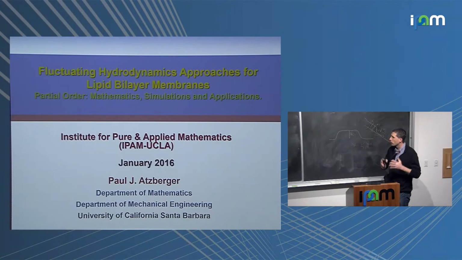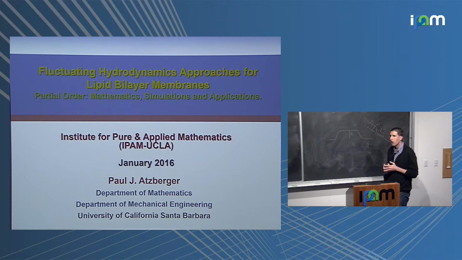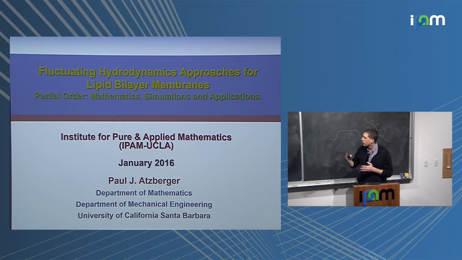I thought there were a lot of talks on liquid crystals, and so I thought I would talk about a related area, also a little bit different maybe than some of the other talks, in that the liquid crystals that I'm interested in are really kind of localized, they're interfaces. And so the partial ordering basically is that you end up with these two layers, basically something like a smectic A, or you can think of it as a smectic C depending on the situation, where you have two layers,